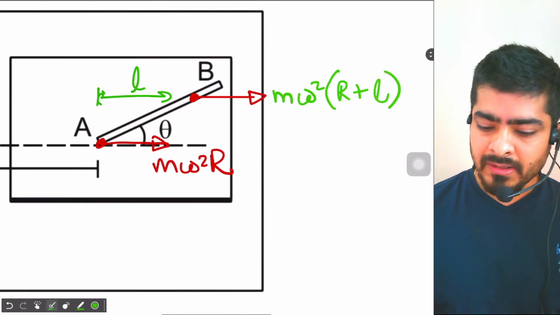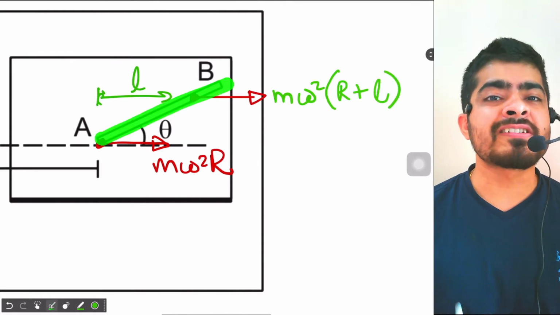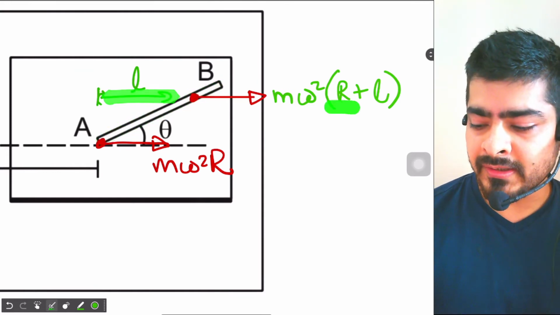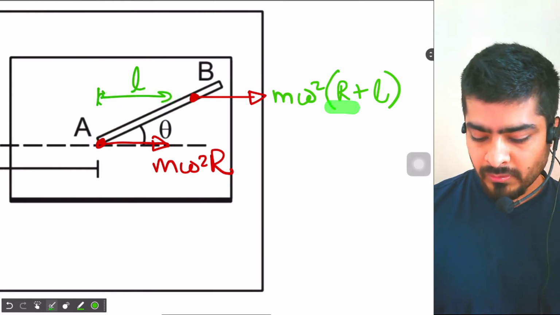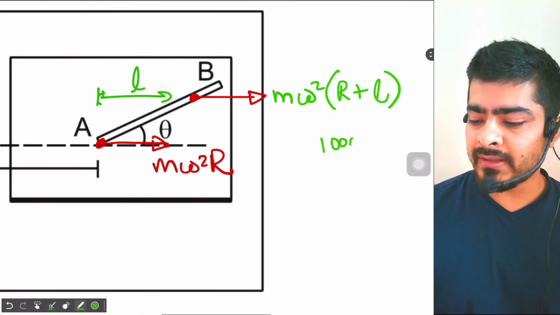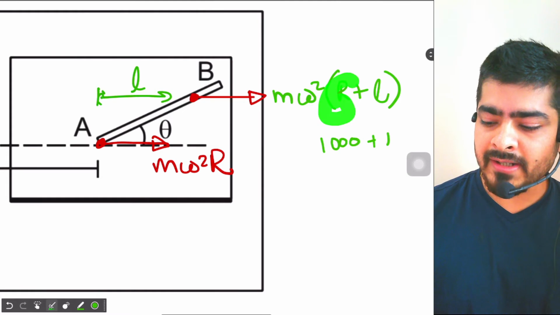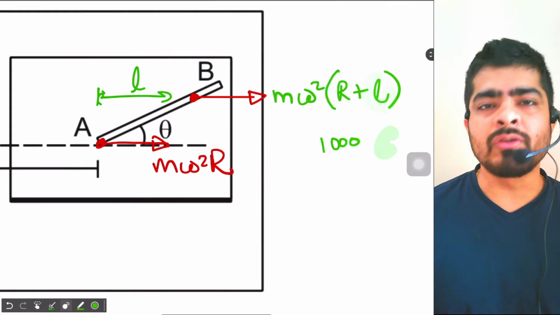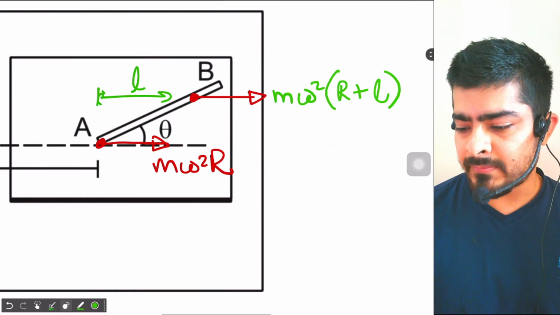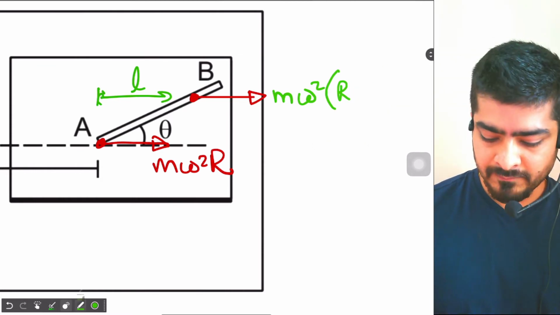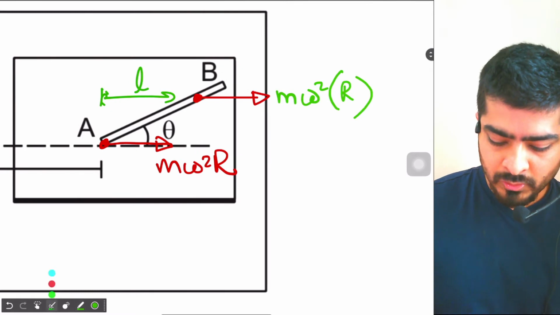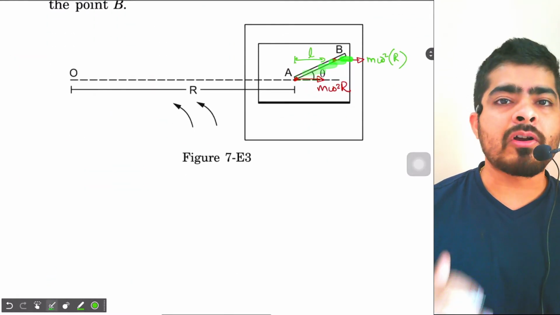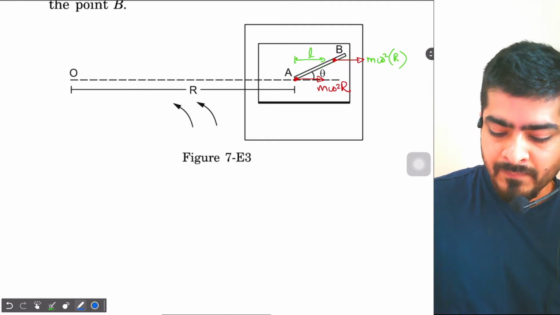Now the total length of the groove is very much smaller than r, therefore the small l will also be smaller than the radius r. So this is like adding 1000 plus 1. Your r is 1000, the small l is 1. So this 1 can be ignored in front of 1000. Same thing we do over here, we ignore l. So throughout the groove we will assume centrifugal force is constant because it is not changing much.